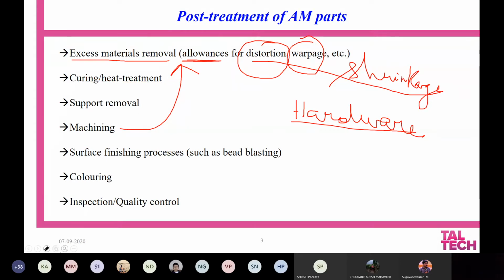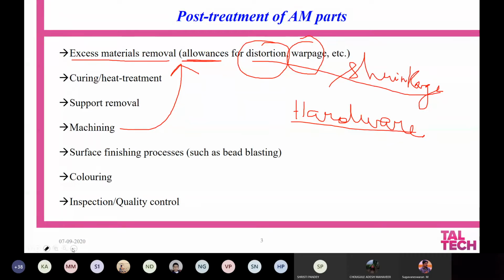Then comes curing or heat treatment. We already saw that if you want a change in the phase of the material, the microstructure of the material, or the phases in the material, you need to go for a thermal treatment. Of course, we saw that.